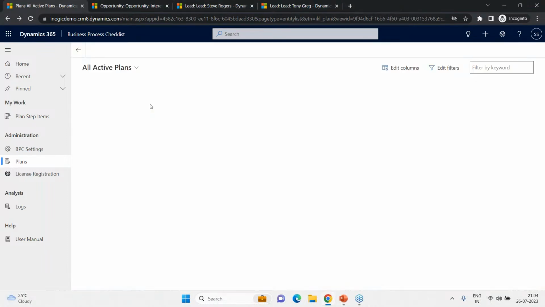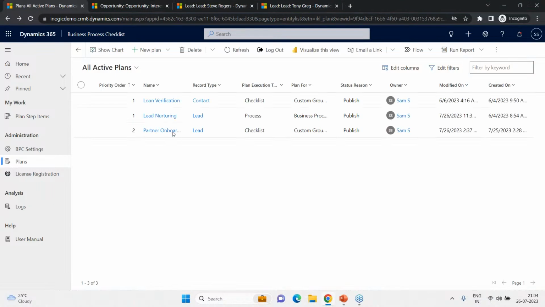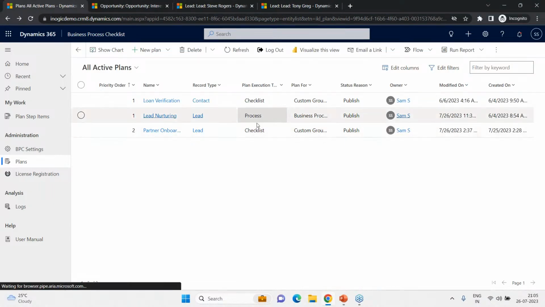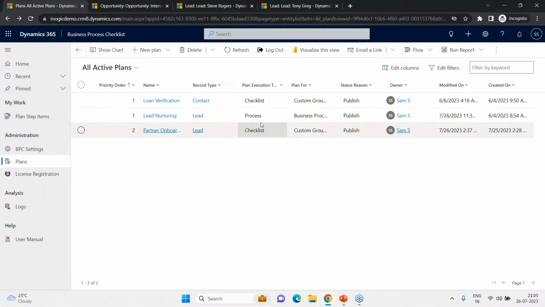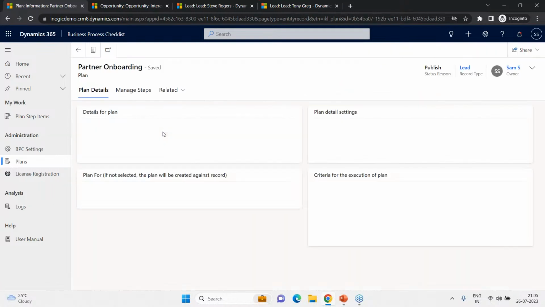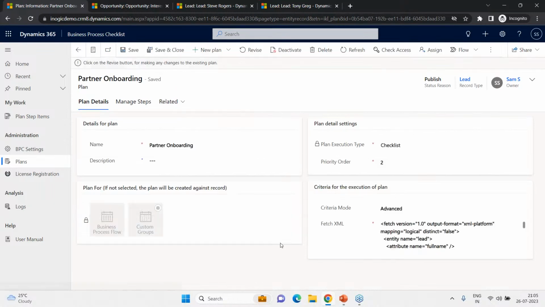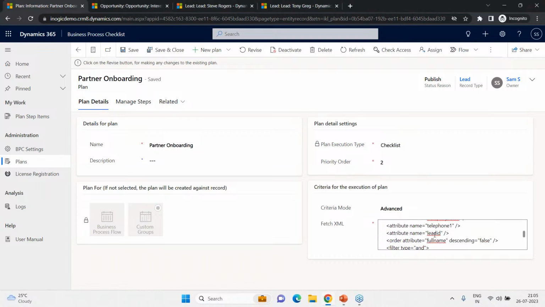Now, similar to lead nurturing, we also have a partner onboarding plan. But if you notice, the plan execution type is a bit different. It's about the checklist. So let me hit on partner onboarding. This section remains predominantly the same, with the compulsory name, optional description, plan for I have selected custom groups, and since I have selected custom groups, I have selected the plan execution type as checklist and provided the appropriate fetch XML